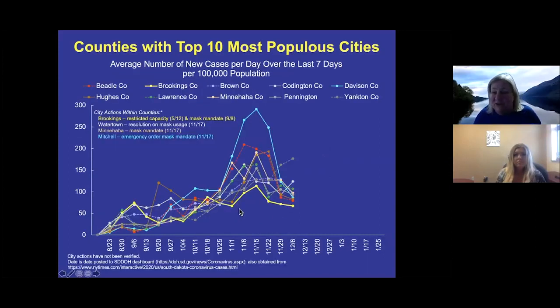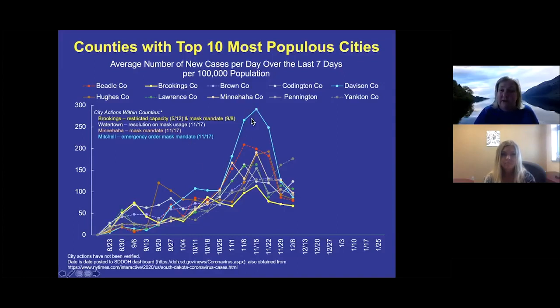Now this is really complicated, but it's the exact same thing, but here it is not cumulative. So these are the average number of cases per day over the last 7 days, adjusted for population size. So take out the population effect, and we can look at what's happening in all these counties. The first thing you see is it's highly variable. It's all over the place. Some counties are having outbreaks, other ones aren't.